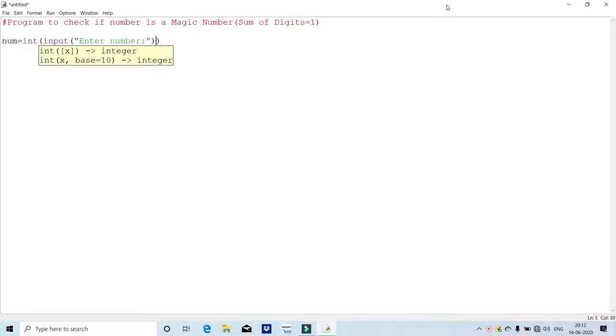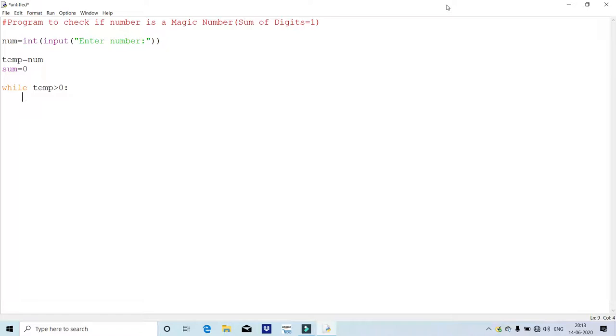So after that, I'm going to take sum as 0 and take temp as num, and for, or let us say while, the condition should be there for temp greater than 0.